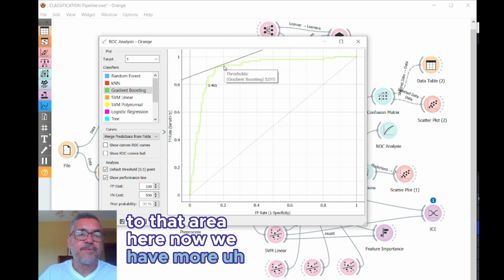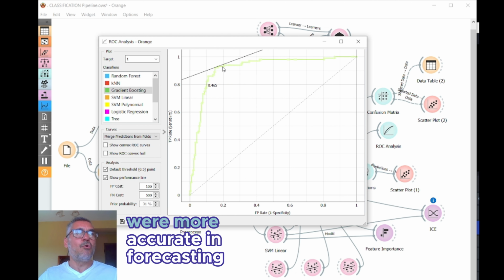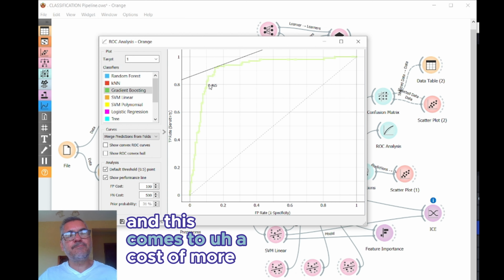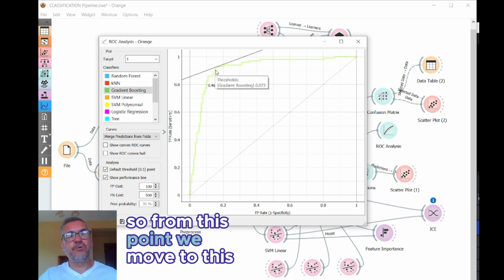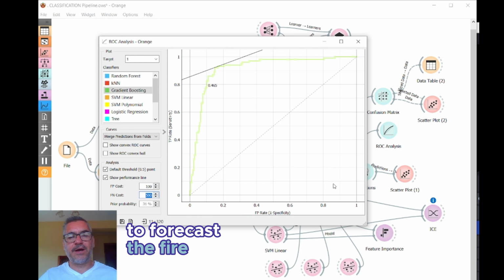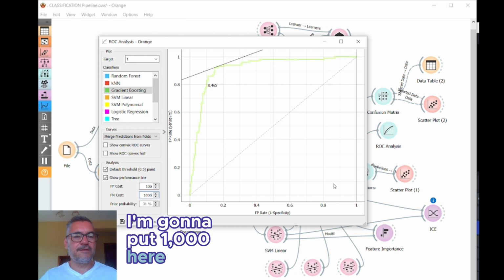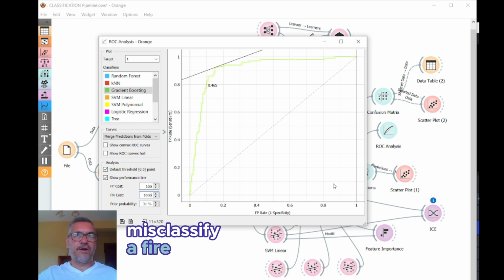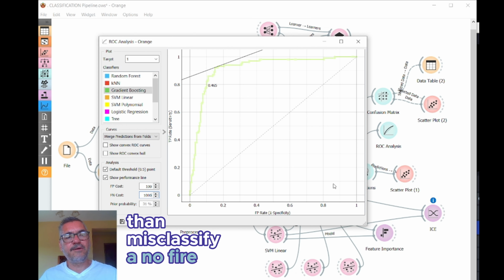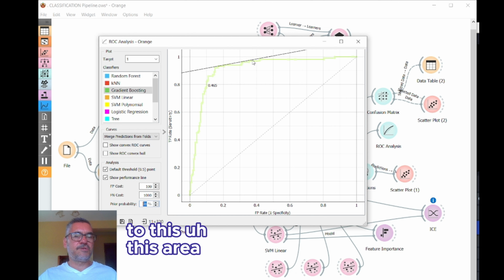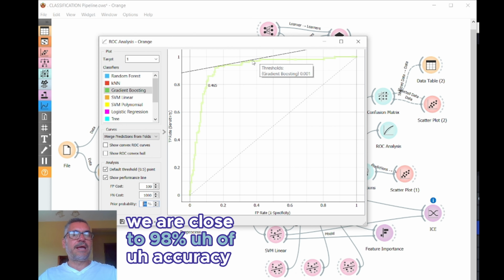Now we are more accurate in forecasting class 1, and this comes at a cost of more false alarms. So from this point, we move to this point. Now, if it is extremely important to forecast the fire, I'm going to put 1,000 here, so it is 10 times more costly to misclassify a fire than to misclassify a no fire. As you can see, the model moves to this area. We are close to 98%